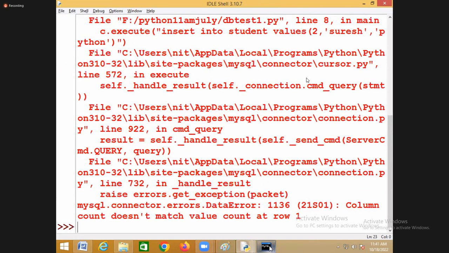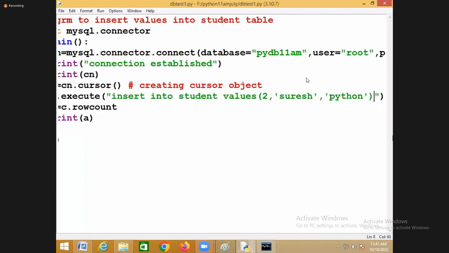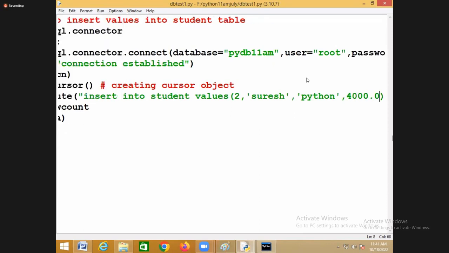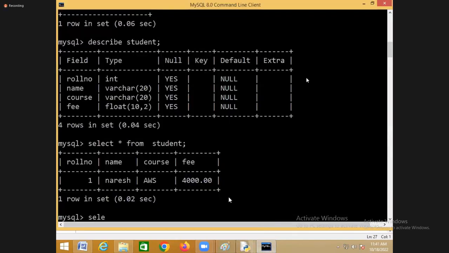Once I run this, how many values are there? How many columns? Roll number, name, course, and one more, fees. Fees is also there, right? So we have to send 4 values. Now how many rows are inserted here? 1 row is inserted. Connection is established and 1 row inserted. Now you can see in the back end, I'll just write select star from